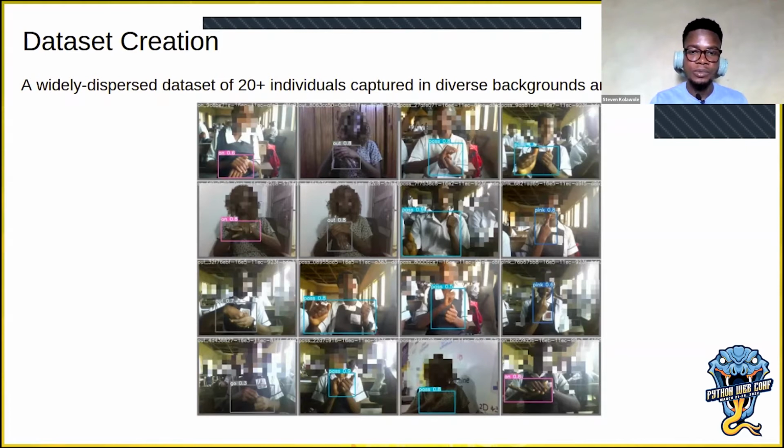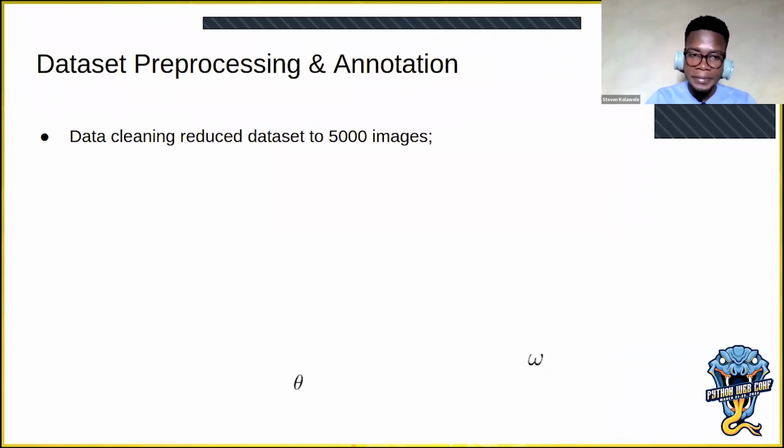Yeah, so what we were just trying to do is to make sure that this model could perform very well in the wild, right? It can generalize to previously unseen environments and backgrounds. And yeah, so while carrying out the data preprocessing and annotation, the data set was reduced to 5,000 images. Right? Yeah.